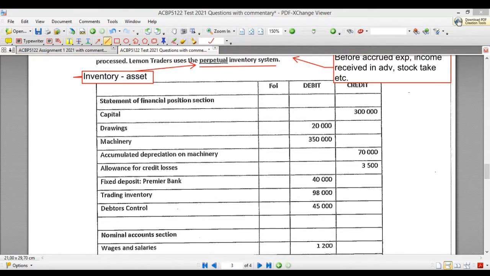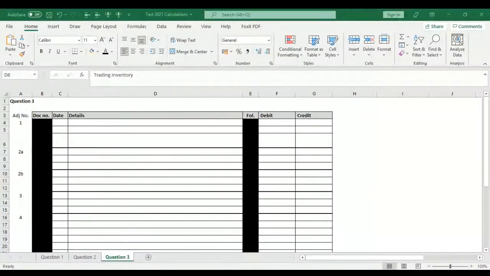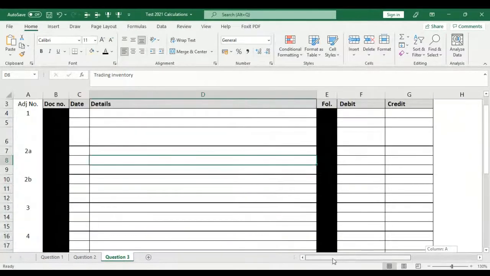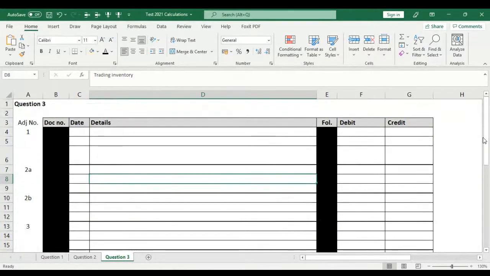Okay, so I'm quickly going to share the Excel file, then we'll do the journal for that. Okay, so for the